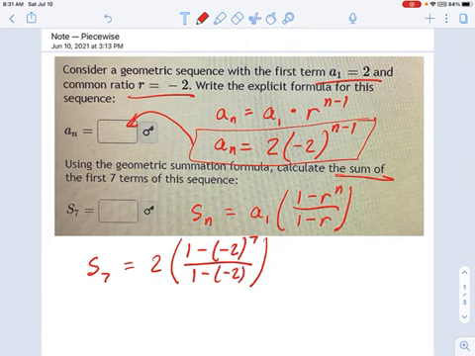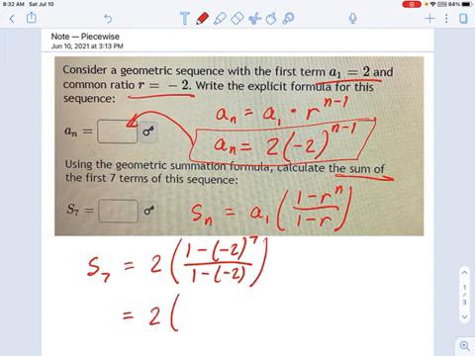Now, we have to be careful about these negative signs. Notice that I'm putting them in parentheses. If you're plugging this into a calculator, you need those parentheses around negative signs and fractions, otherwise the calculator gets real confused. Because, I mean, calculators are kind of idiots. They don't actually know what's going on. They only know what you type to them. So if what you type is not perfectly clear, there's going to be an error.